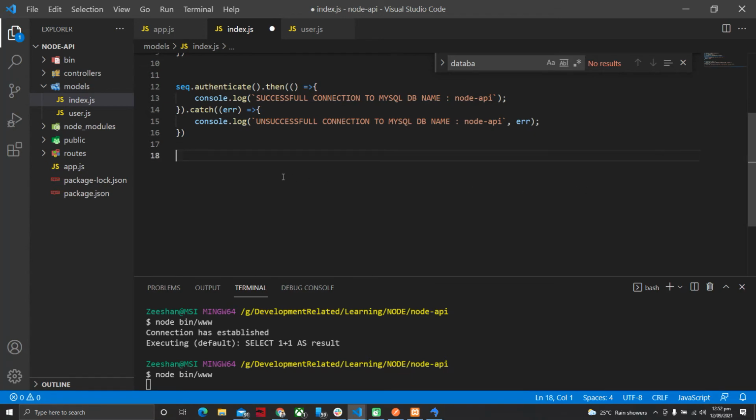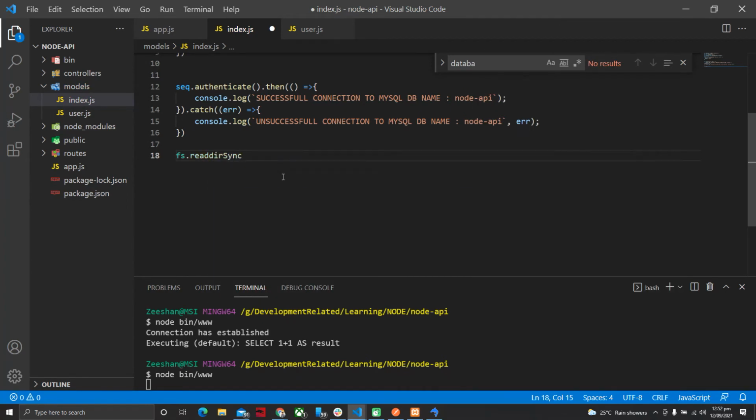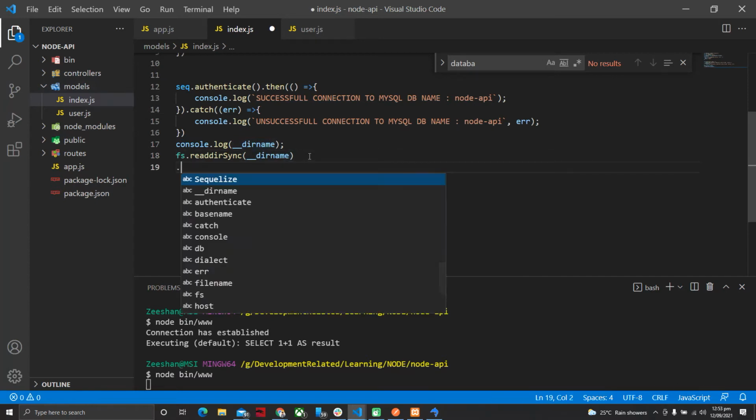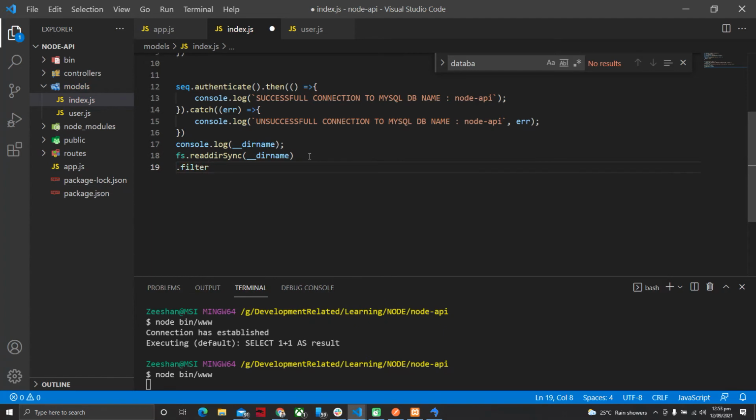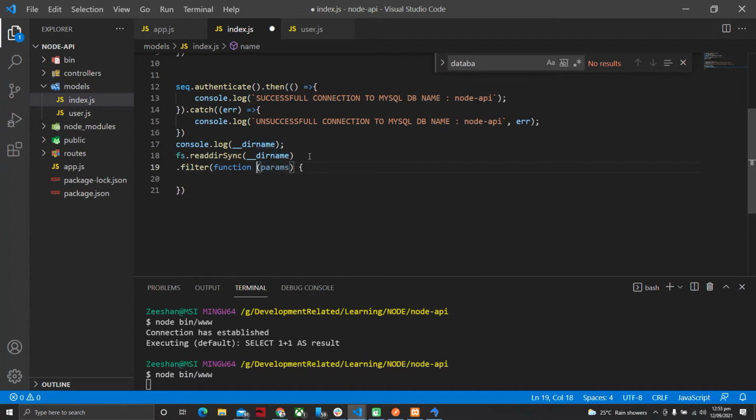Now first of all, using our file system, I will create a read directory sync method. So if it takes time, it will wait for it. And inside it I am giving our directory name. If I log it here, it will give you our basic directory path, which is till model. So it will start reading our whole directory. And while looping on it I can filter on it. I am writing a callback function. It will have our basic files once it traverses through this complete directory one at a time. And at the end I am returning from here